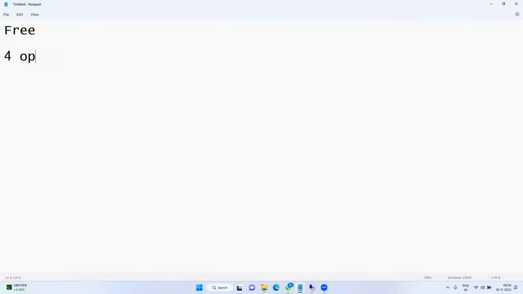So, to subscribe for an Azure free trial, we have to follow 4 steps. One is to enter your information. Information in the sense, maybe your first name, last name, email address, and your address details. Second thing is mobile number.